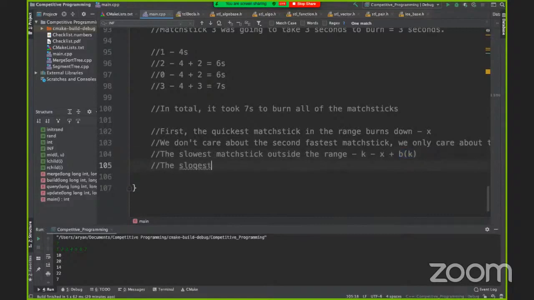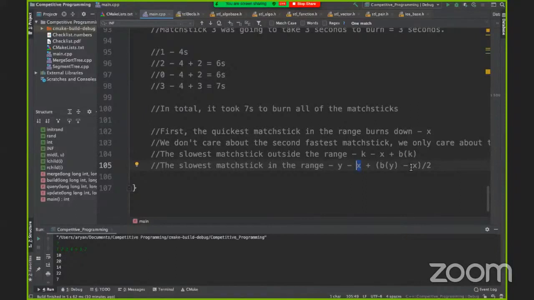Now, the slowest matchstick in the range, let's call it Y, will take X plus (BY minus X) by 2 time to burn. The reason is that originally it burned X seconds on its own.